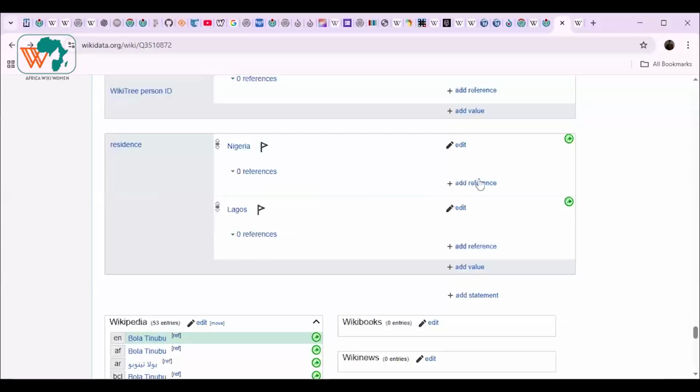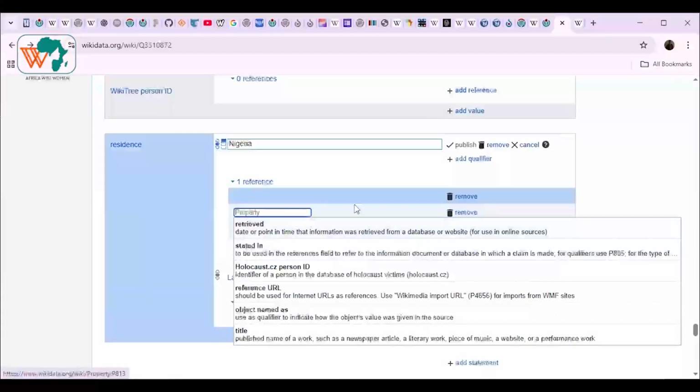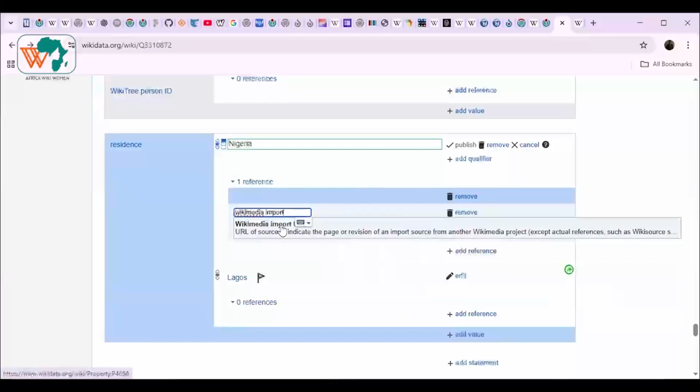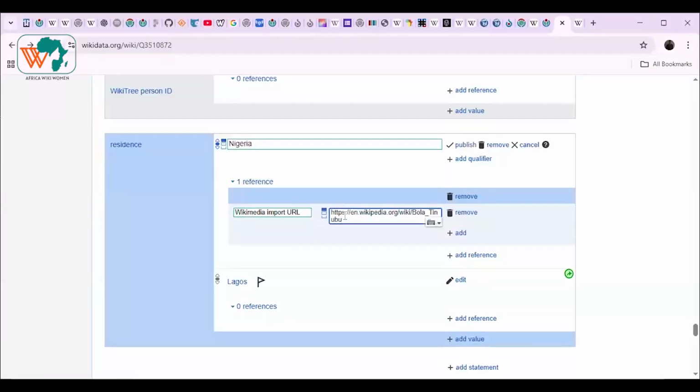So what you need to do to add a reference, click on this add reference. Now you have options. They ask you, where did you get it from? Did you get it from a normal URL? If you got it from a normal URL, use this reference URL. But if you got it from like a Wikimedia site, what you use is Wikimedia import URL. So you type import, and this is it. Then it gives you a box to paste it. So you paste your URL here,